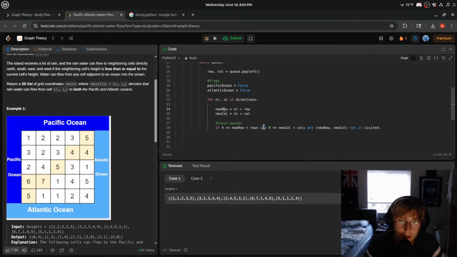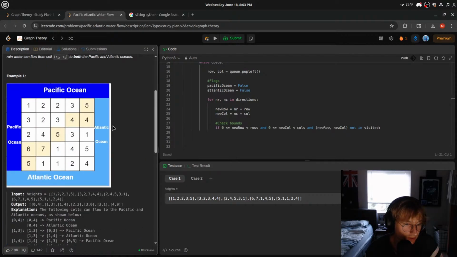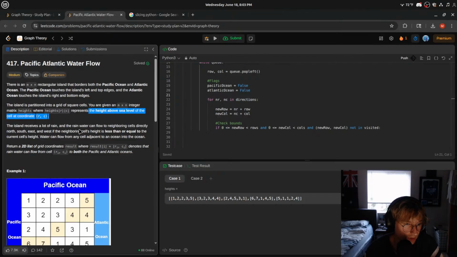Oh no, actually that's a lie. We definitely need to check our value because we need to check if it's less, right? Because if it's greater than what we're looking at, then it can't flow. So I believe, where does it say in the problem? Height RC represents the height above sea level of the cell at coordinate RC. The island receives a lot of rain. Here we go: if the neighboring cell's height is less than or equal to, right? So we need to check, okay, well,